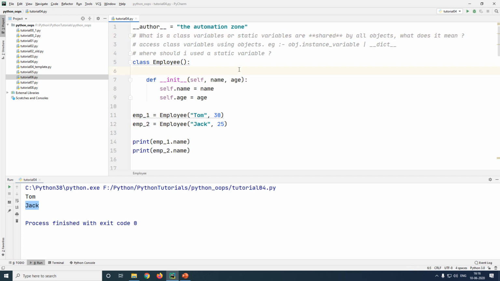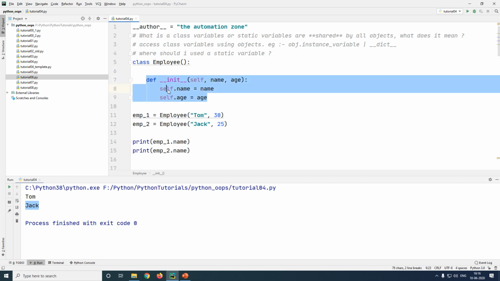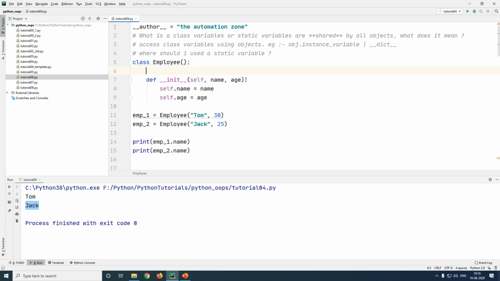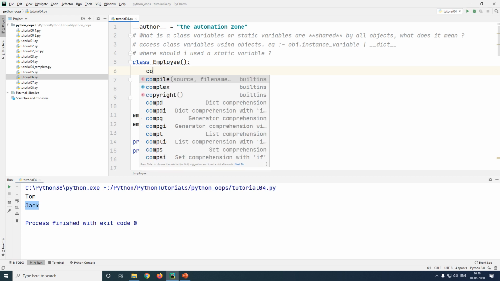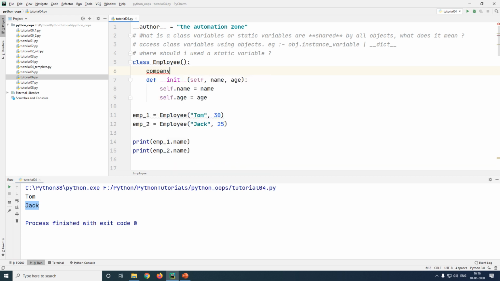To create a class variable, simply create a variable inside of your class but outside of the methods of your class, and do not use the self keyword. So inside of a class, I'm going to create a class variable called company, and let me assign this variable to my company.